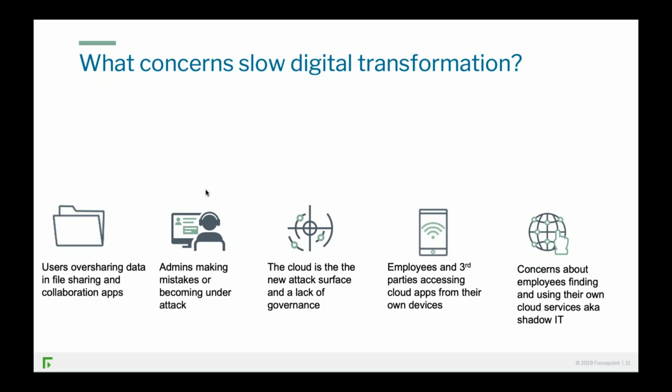Oversharing of data. People live in a collaborative world. Sharing is caring, right? Administrators making mistakes, or perhaps administrators coming under attack in the same way that users are coming under attack, in the same way that Deloitte suffered a 248,000 user breach on their Office 365 environment in 2017. It's well documented. Or how about people wanting, quite legitimately, to access cloud applications from devices that they choose, the tools that they choose? This is the thing, right?